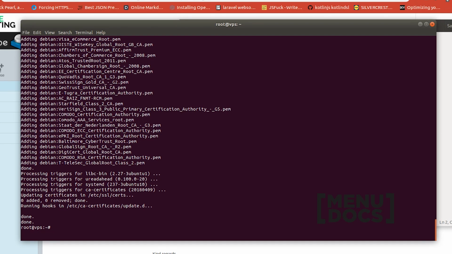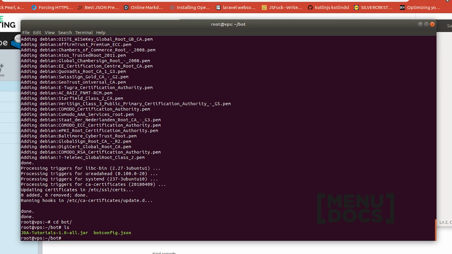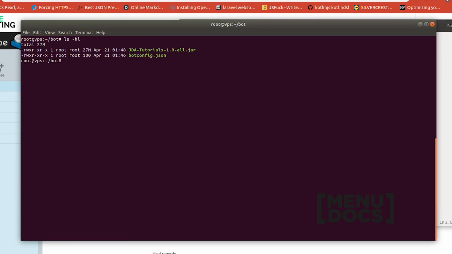And now that Java is installed, we can go to the directory of our bot. We do that using cd for change directory. We're gonna type bot and we're gonna press tab so it auto-completes. Now we're gonna hit enter and we can list the files using ls. As you can see, if we list the files in the directory, you can see our JDA tutorials jar and the bot config.json. To run this jar, we can type java -jar